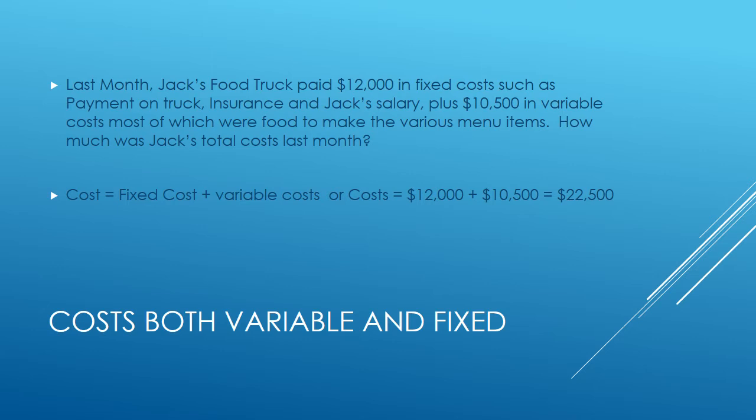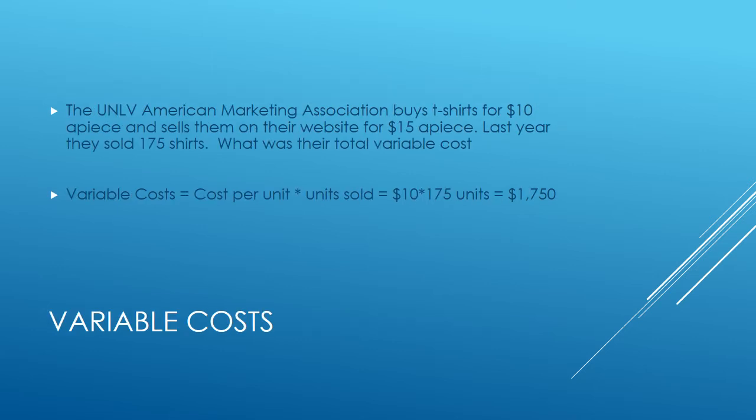Well, total costs are fixed costs plus variable costs, or in this case, $22,500. The American Marketing Association buys t-shirts for $10 a piece from a local merchant and sells them on their website for $15 a piece. Last year, they sold 175 t-shirts. What was their total variable cost? Well, the variable cost is the cost per unit times the number of units sold. And so in this case, since each unit cost $10 and they sold 175, their total variable costs were